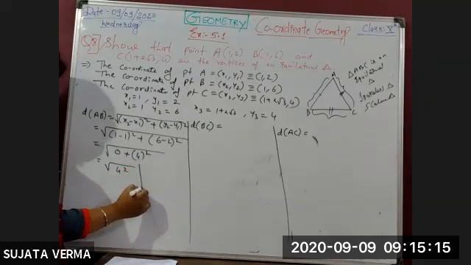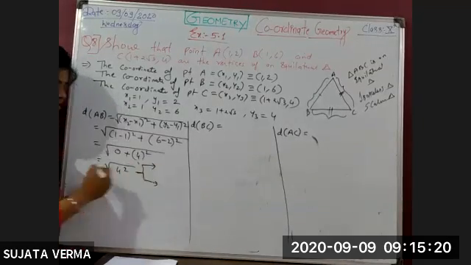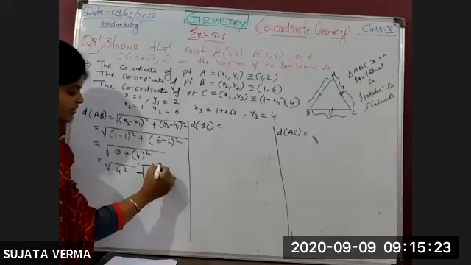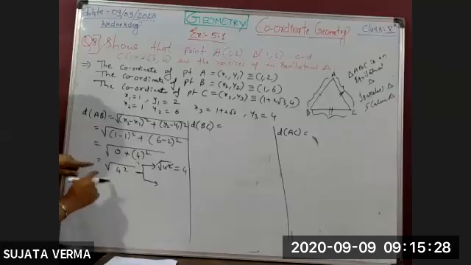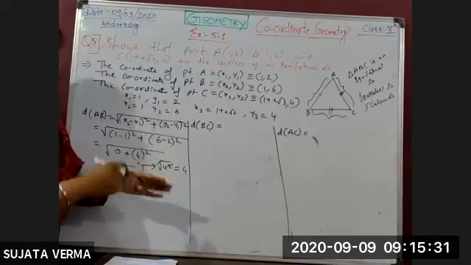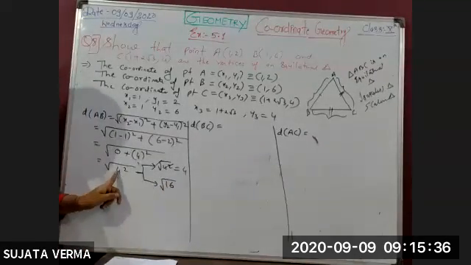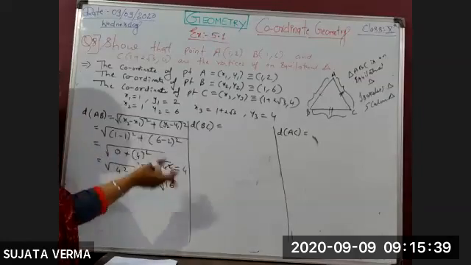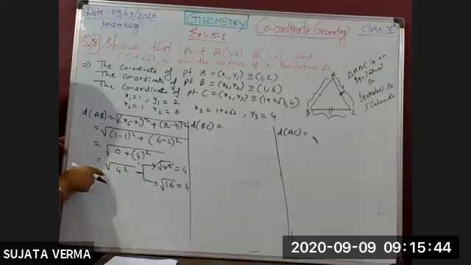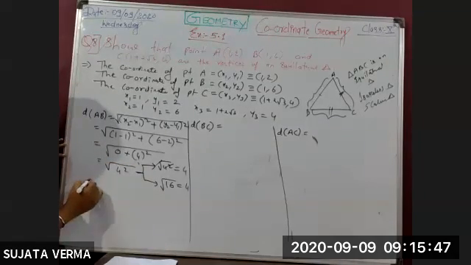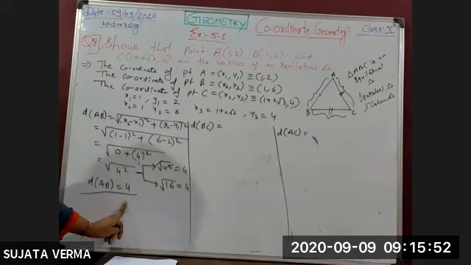Listen. We can solve this step in two methods. First, root and square get cancelled, and directly we get 4. Or in another way, you first take the square of 4 and then find the square root of 16, that is equal to 4. In two ways you can solve this. Now, the distance of AB is equal to 4.